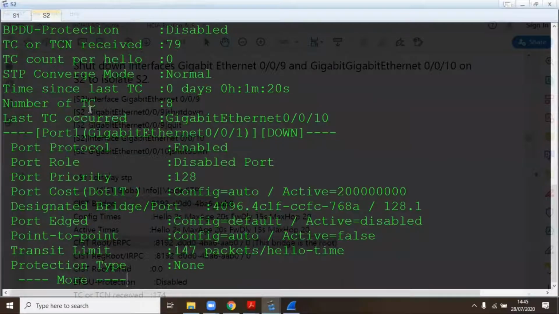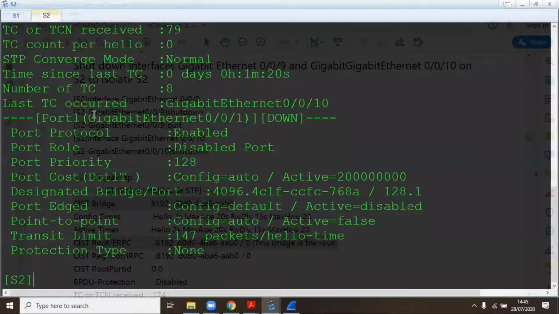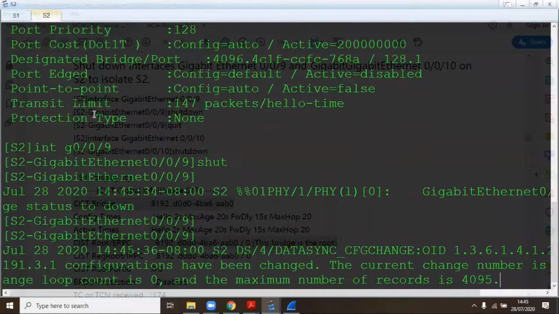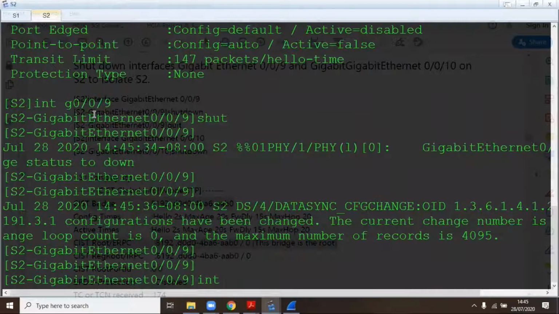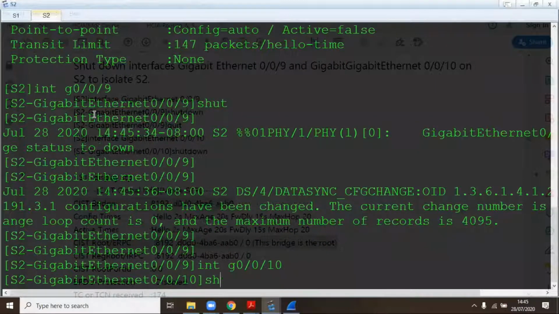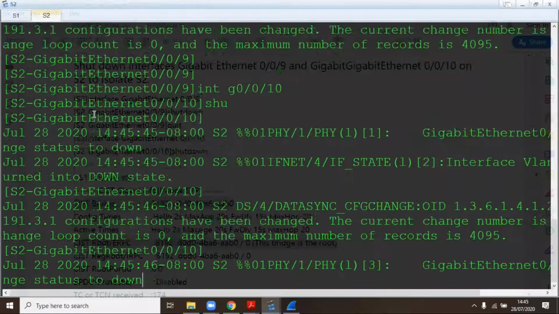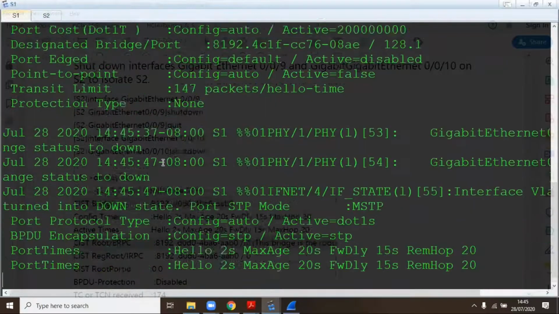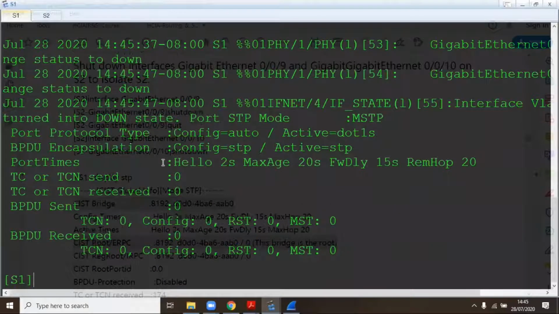We know that S2 is our root bridge right now, but we want to shut down those two interfaces. So int G0/0/9, we do shut. Then we also go to int G0/0/10. We also shut it down. So when we shut it down, look here, if I do display STP,